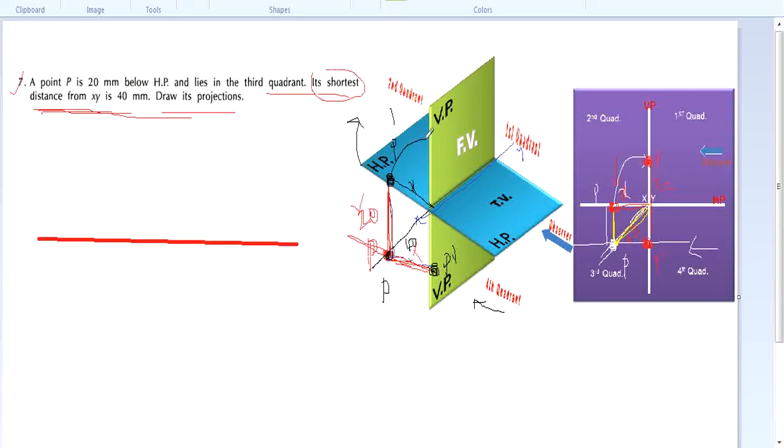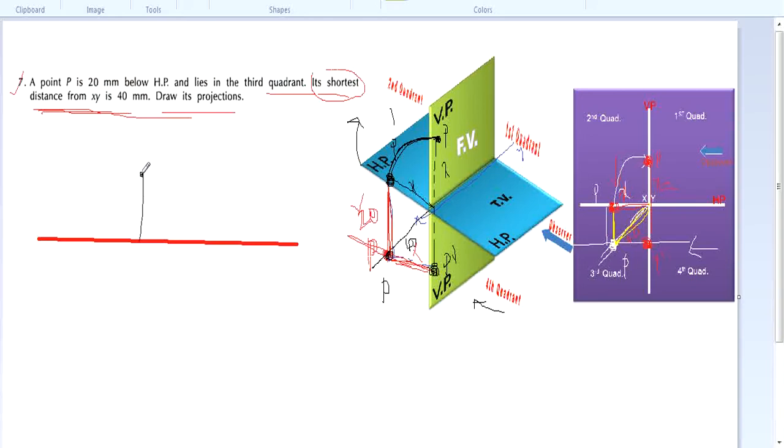Okay, so you will get this point like this. This point is P, and this distance is X. Clear? So then see here, the final answer is